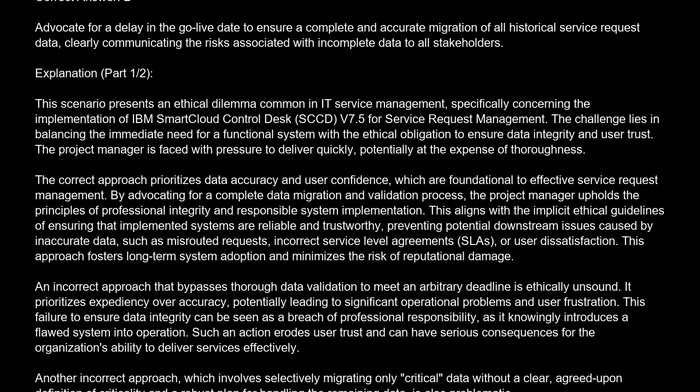An incorrect approach that bypasses thorough data validation to meet an arbitrary deadline is ethically unsound. It prioritizes expediency over accuracy, potentially leading to significant operational problems and user frustration. This failure to ensure data integrity can be seen as a breach of professional responsibility, as it knowingly introduces a flawed system into operation. Such an action erodes user trust and can have serious consequences for the organization's ability to